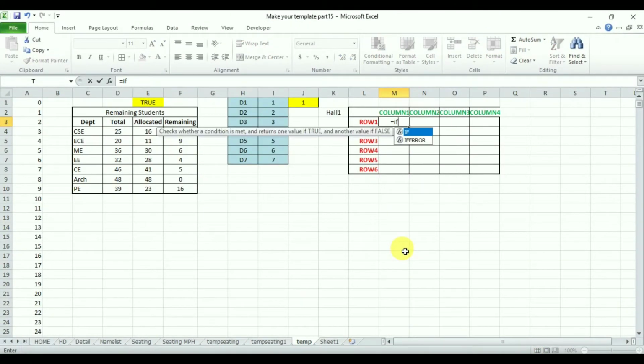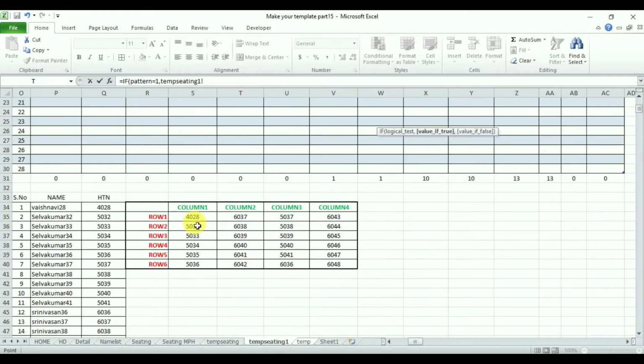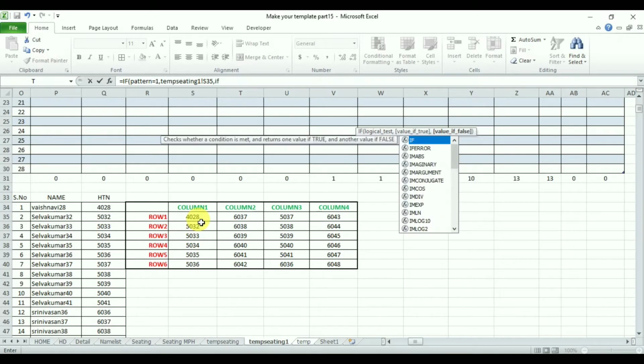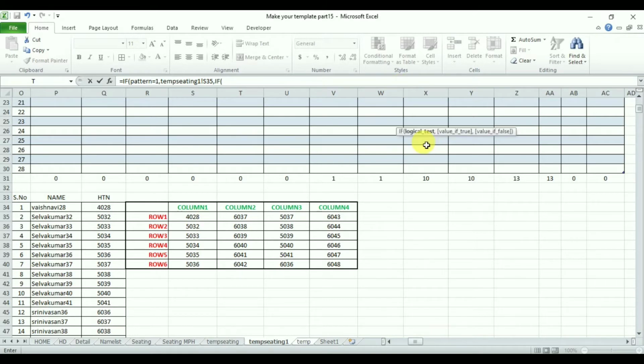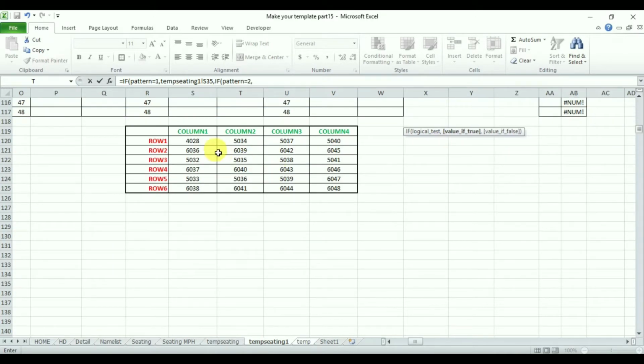So let's use the formula to select between two patterns and start with IF and type PATTERN, which I have defined earlier. If the pattern value is 1, then select from the temp seating 1 page the first pattern which we have created. The first pattern is going to be in S35. And let's check if the pattern value is 2, then I am going to select it from the second option. The second option is available at S120. Then close the bracket